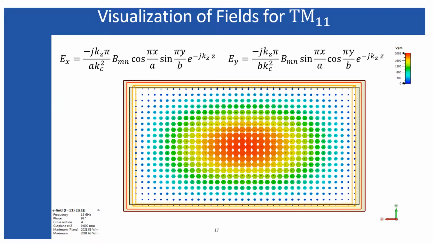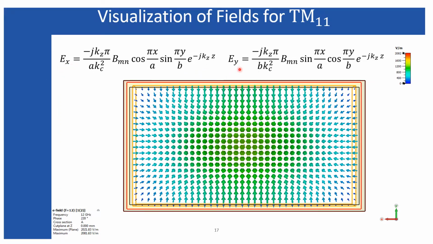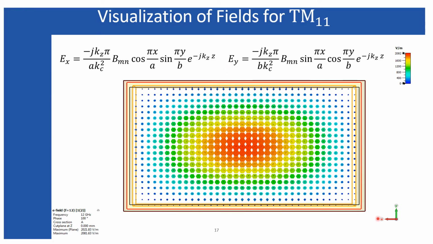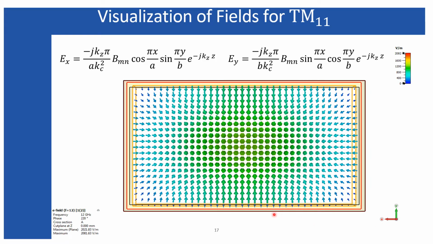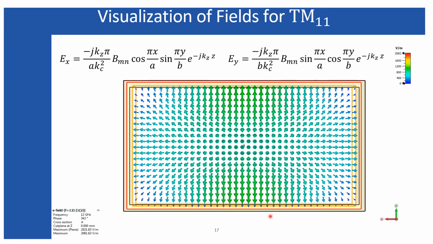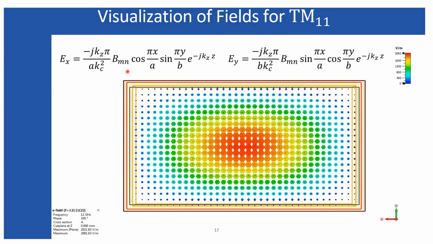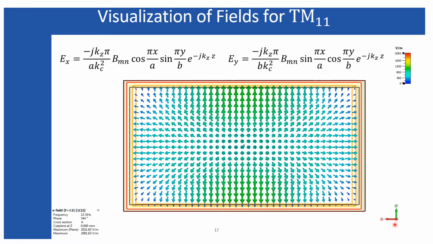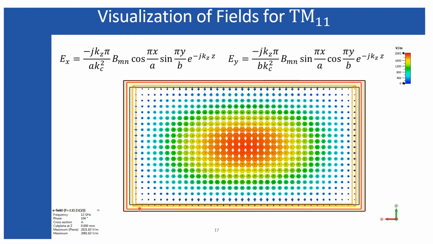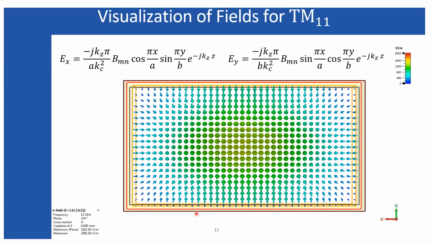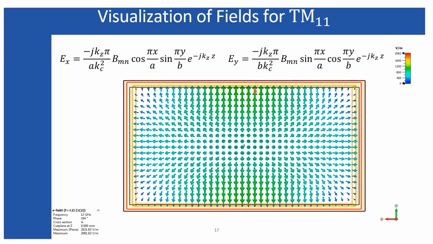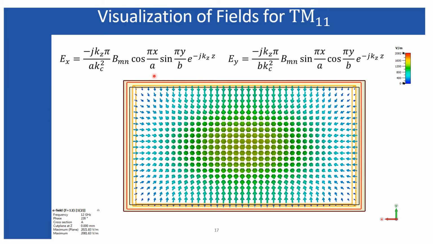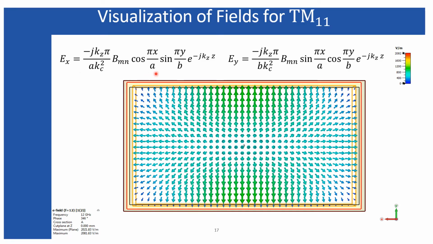This animation includes the x component and y component of the electric field, which are defined on the xy plane. So this is the xy plane having the surface normal along the z direction, that means from you towards the screen. From here you can see this is x equals 0. From the coordinate system I have presented over here, this end should be x equals 0 and this end should be x equals a, whereas this end should be y equals 0 and this end should be y equals b.